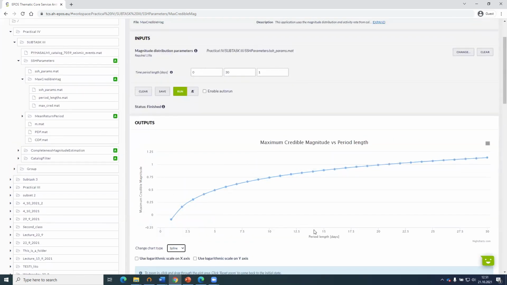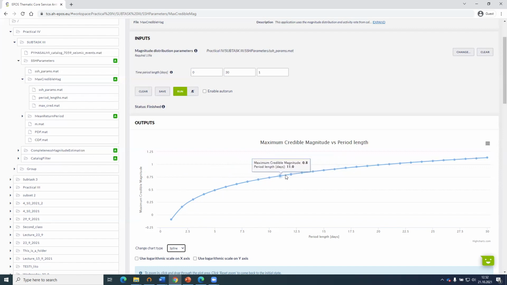So we have the periods of time. We started from 1 day. Of course, it can't calculate for 0. The maximum credible magnitude for 1 day would be minus 0.1 of magnitude. And if we wait 2 days, then the largest would be 0.2, 0.3, 4. Well, now it's just going like that. But